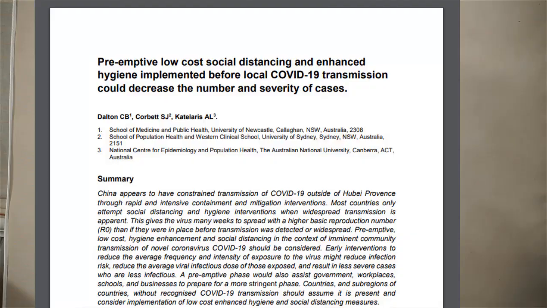On the 5th of March, I published this paper, some easy, low-cost interventions we could put into place in the community and workplaces and schools to decrease the transmission of COVID-19. It gained a lot of attention, surprisingly, in the US. All of this information came from a paper that Dr. Fauci provided from the Australians, first author Dalton, so you can actually look up the scientific evidence that informed each of these guidelines.